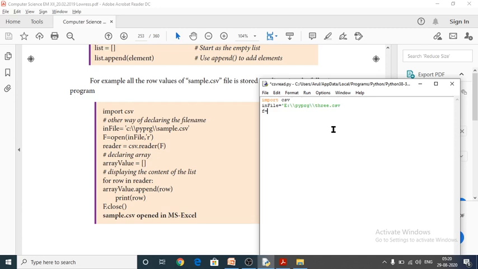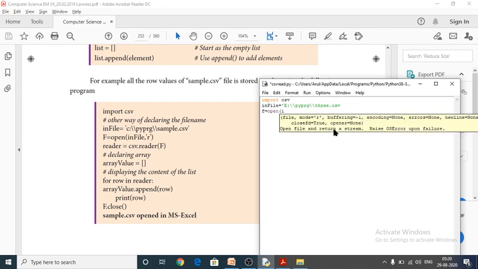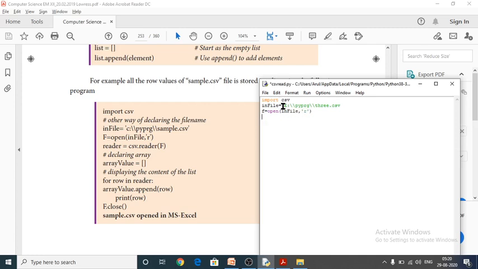and here I have to give open, f is my variable, open with. Here in file has to be open, because I have specified a path here only. I have specified my path to the variable in file, that should be open in read mode. And next one is reader is equal to csv dot reader function. With the help of reader function I am going to open my f.